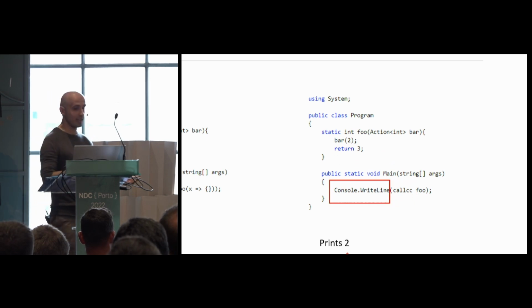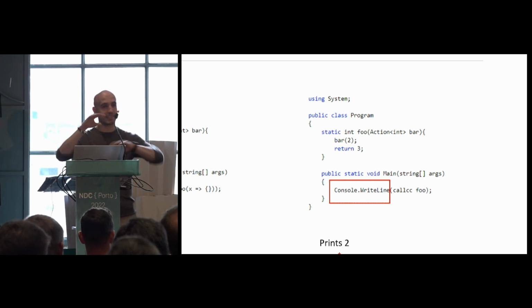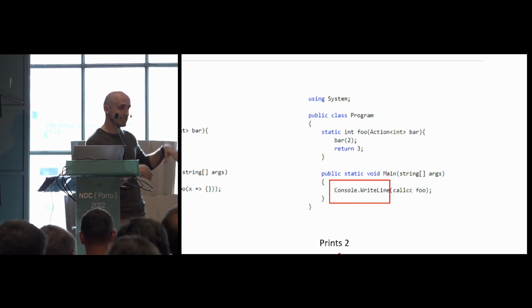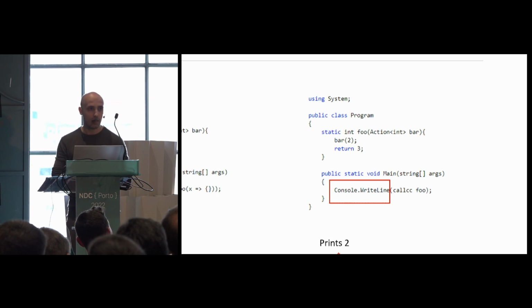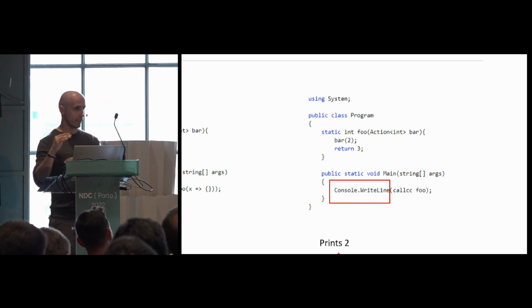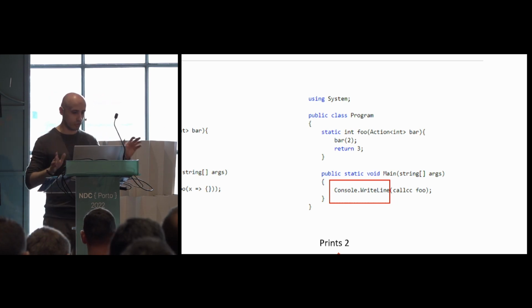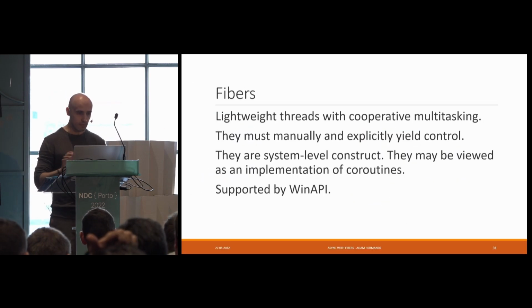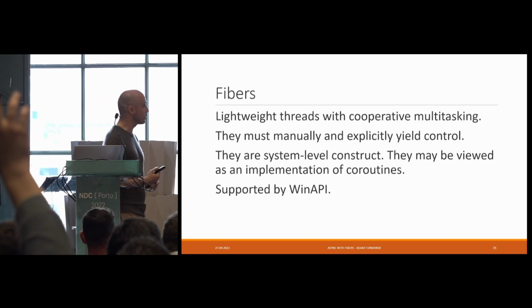So the console write line. So then it prints 2. So this is the pattern which we can take, and this is exactly like async and await is yet another way of using this pattern, even in a very narrow context. We just want to await the thing and then continue with it, but this is what the compiler does for us. So this is when it comes to CPS, green threads, and all that stuff.